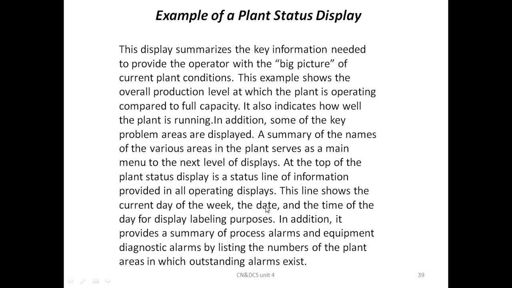Example of the plant status display. This display summarizes key information needed to provide the operator with a big picture of current plant conditions. This example shows the overall production at which the plant is operating compared to full capacity.